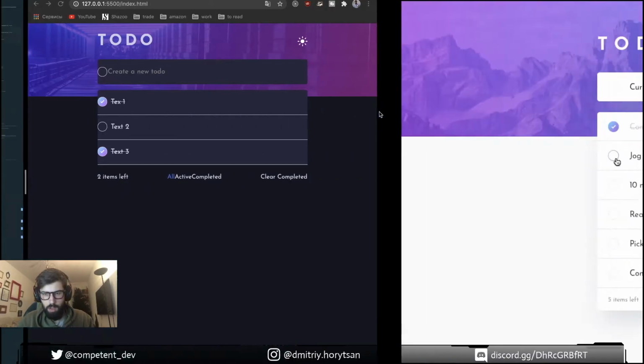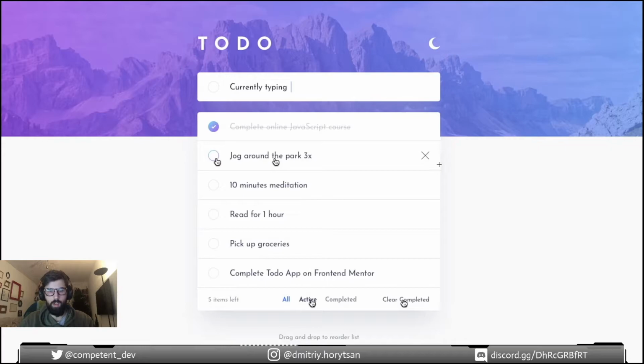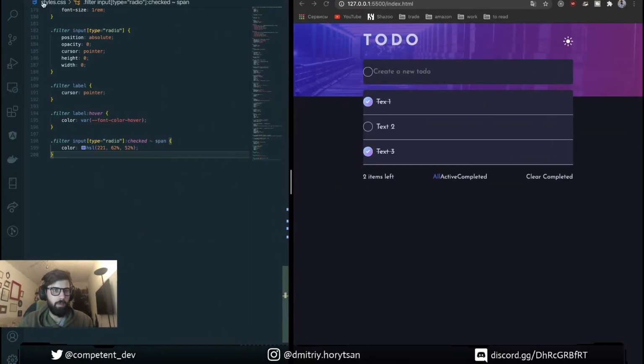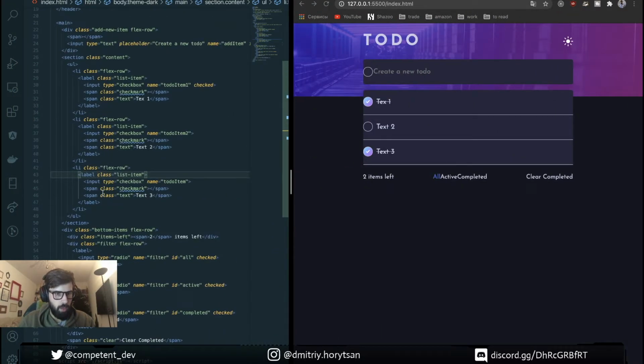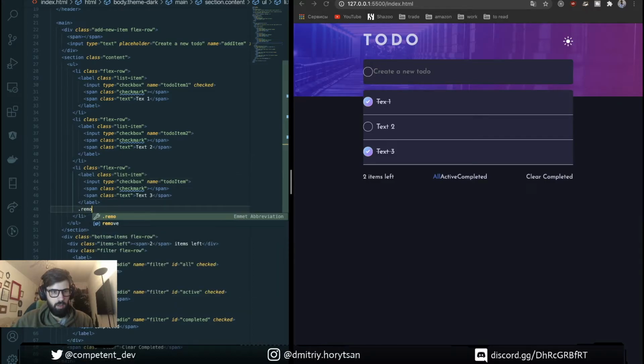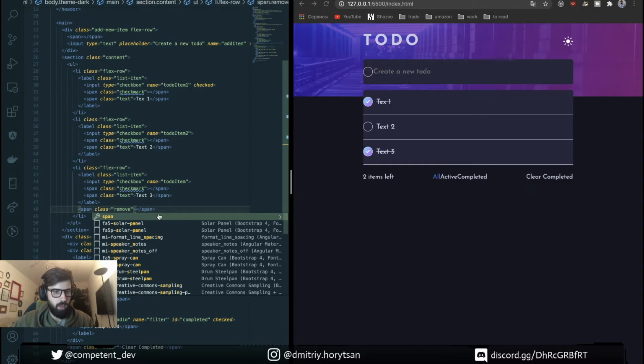Also, what I forgot to add, it's remove icon. We need it here. Let it be span.